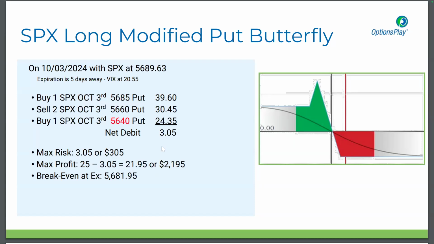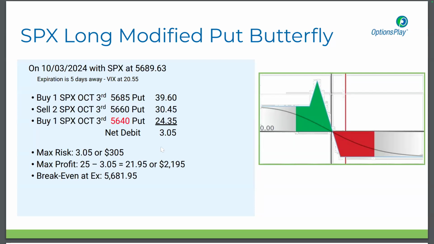I'm sorry, a 20 point wide butterfly in the SPX would only be 2 points wide in the SPY. And that changes the pricing dynamics. That's a very, very tight butterfly, even though you could do 10 of them, right? Because it's a tenth of the value, the pricing dynamics are still different. And I'll leave that for a different day.